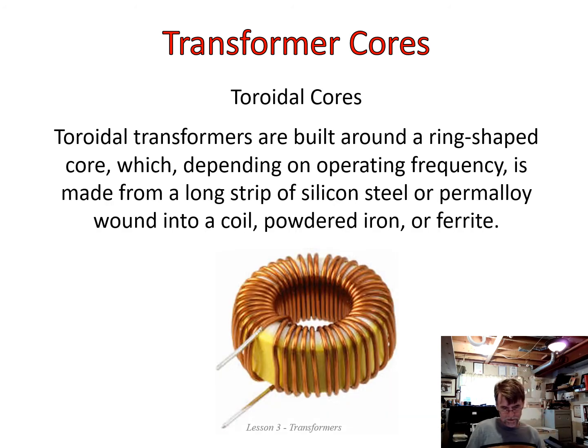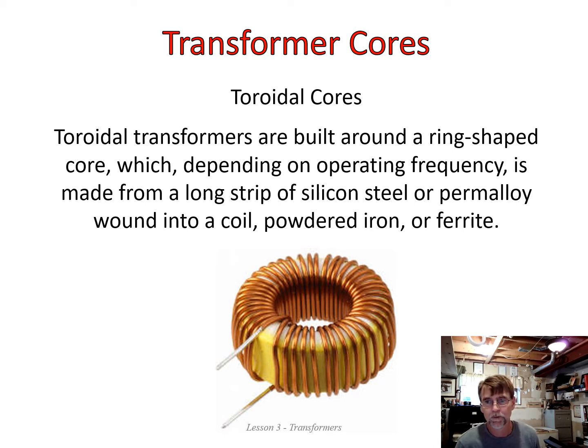Here's another design. This is very much like the shell type, except we've changed the shape. I can't even say this word, I have stumbled over it for years. Toroidal core. These are affectionately referred to in the industry as a donut, because that's exactly what shape it is. So we have a core now that is a round ring, and the coil is simply wrapped